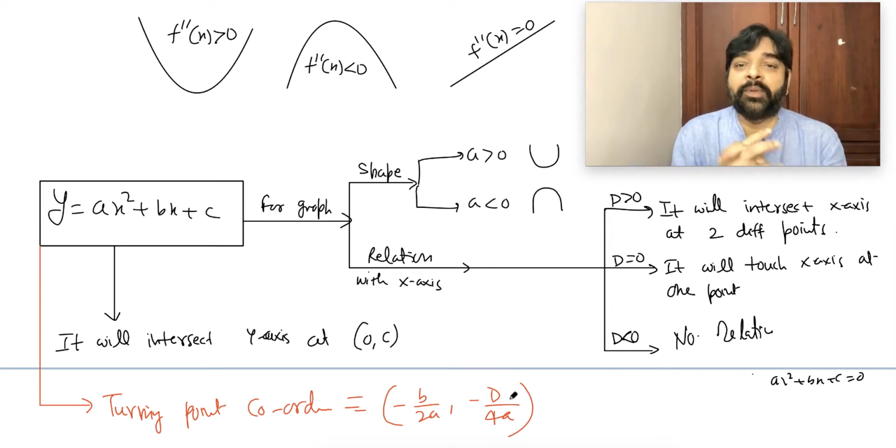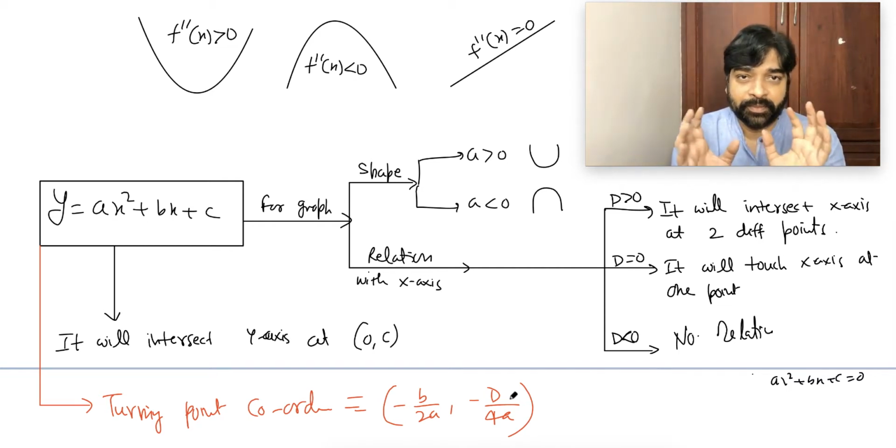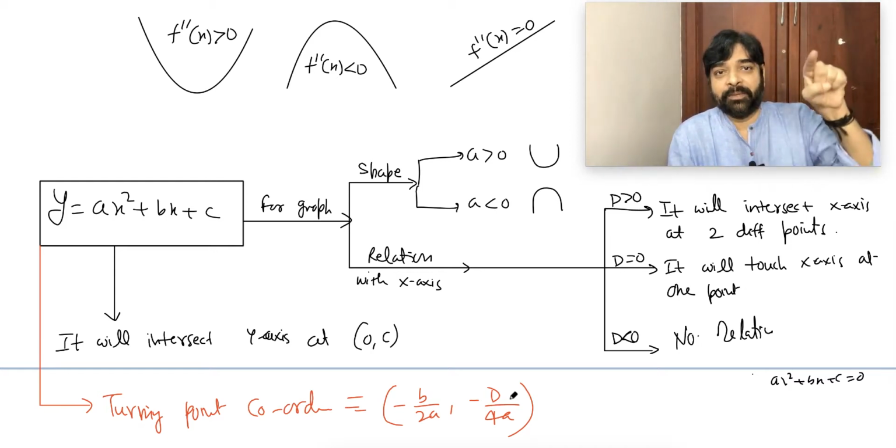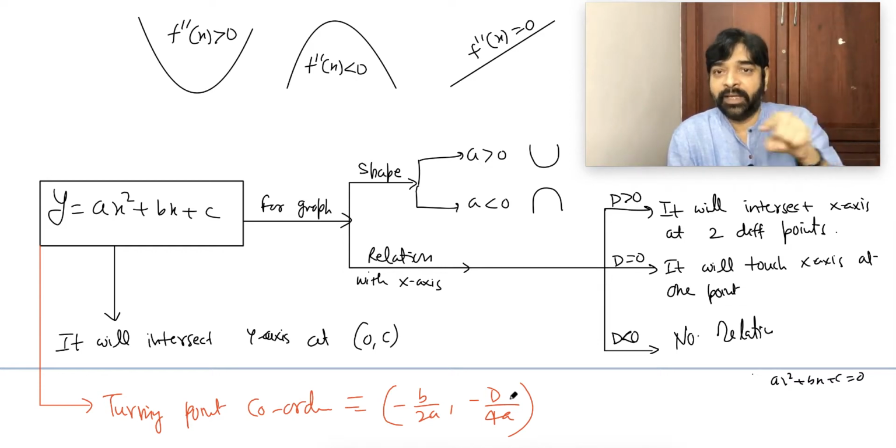This will help you a lot. If you really know how to apply this turning point concept, so many things you can tell very easily. We can tell orally here itself. Look, suppose somebody says, think carefully, a is positive. Concentrate on my video. A is positive. If a is positive, the graph will be this way. Yes or no? Graph will be this way.